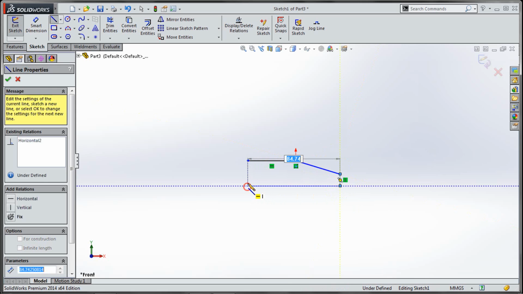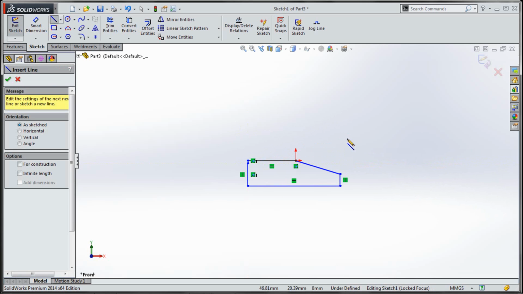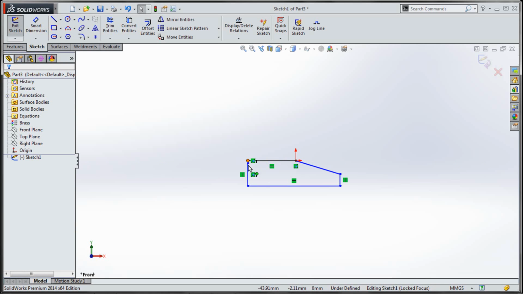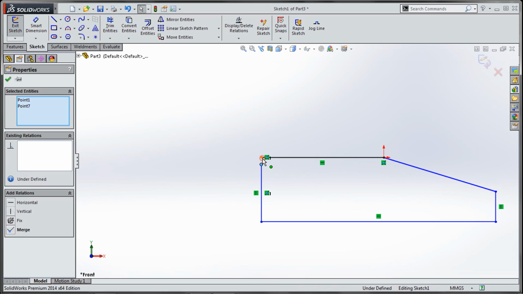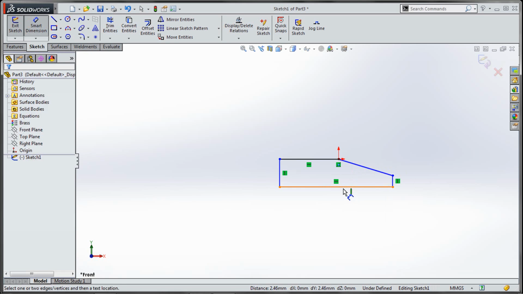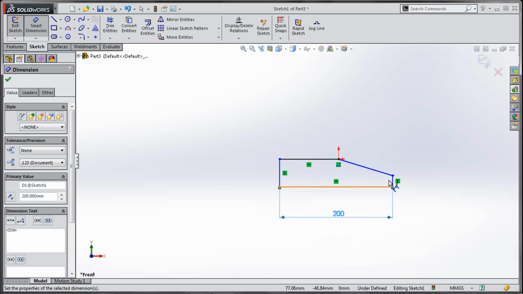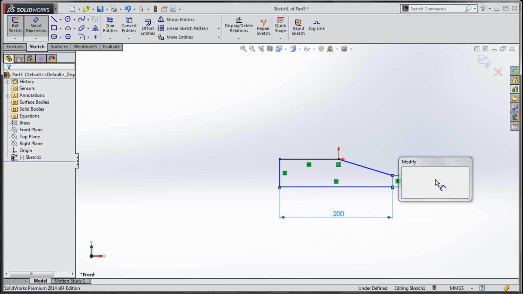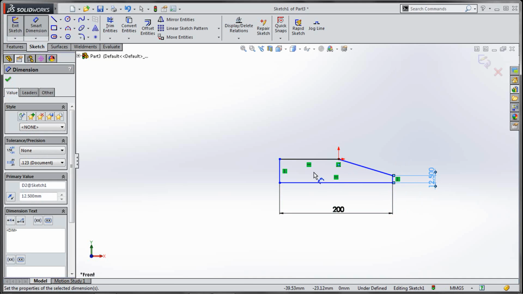Just a few lines, and place a few dimensions.